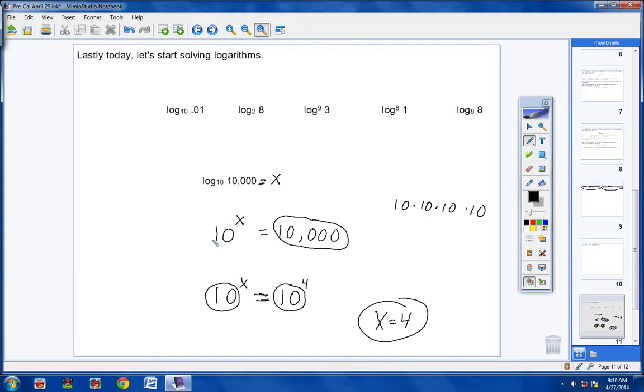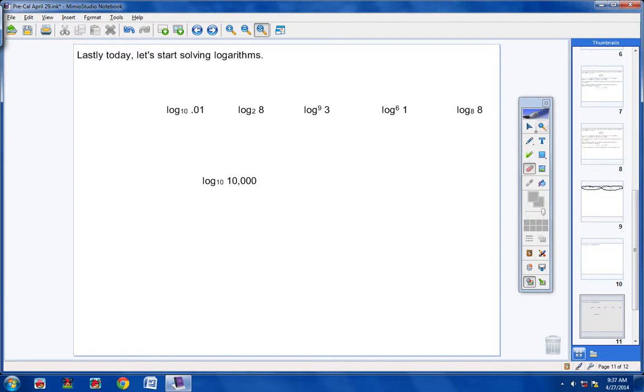In this case, I had a base of 10 right here, so I knew I wanted this side over here to have a base of 10. Sometimes, men, you'll have to change both sides, okay? So this will be interesting, all right? Let's go ahead and try the next problem. You can work ahead or watch me, totally up to you. Okay, the first thing we do is we set it equal to x. The next thing we do is we write it exponentially. So I'm going to have 10 to the x power equals